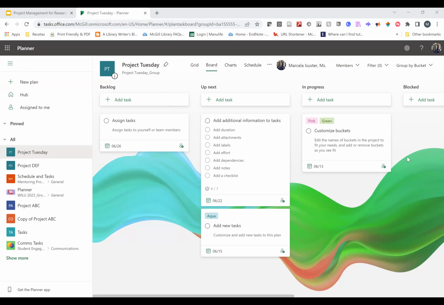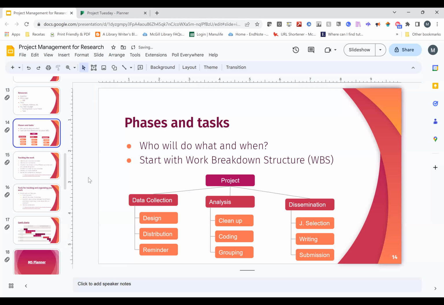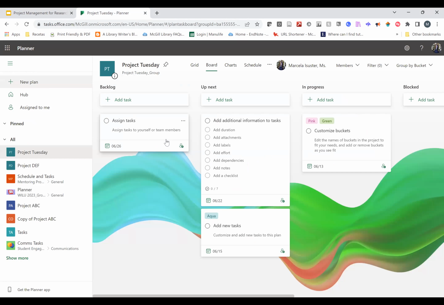But I'm going to show you some of the things that you can do with this, why I find it really useful when you're working on a project. So we have these different buckets and then we have tasks. If you remember our work breakdown structure, each bucket is a set of activities that we have to do, and then the little boxes under each one of them will be our tasks.